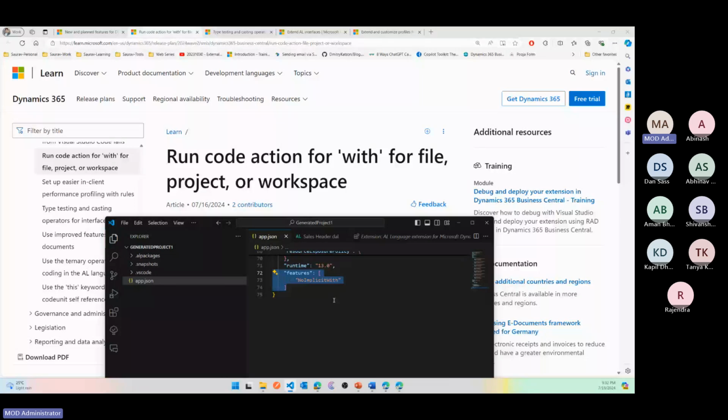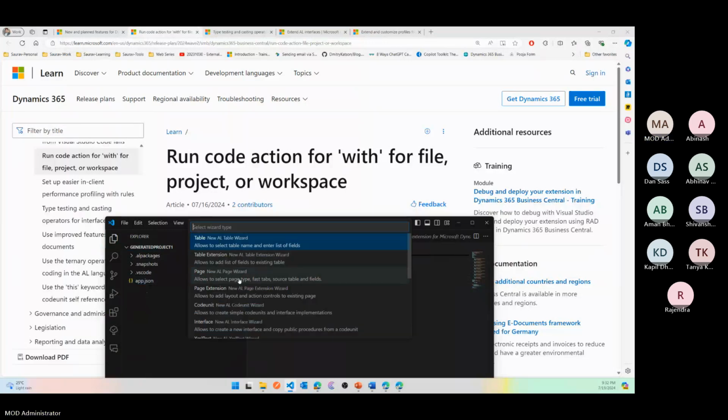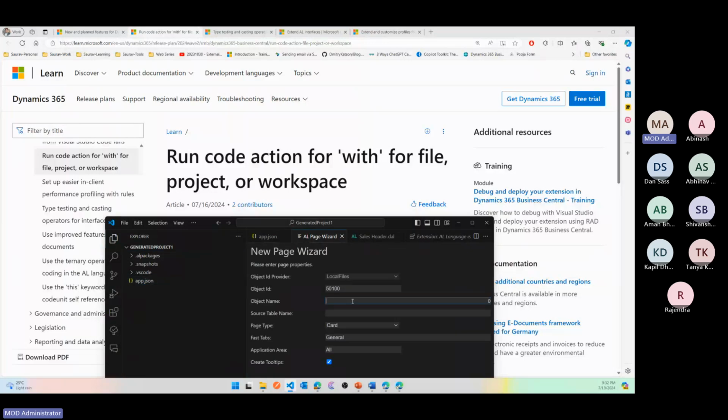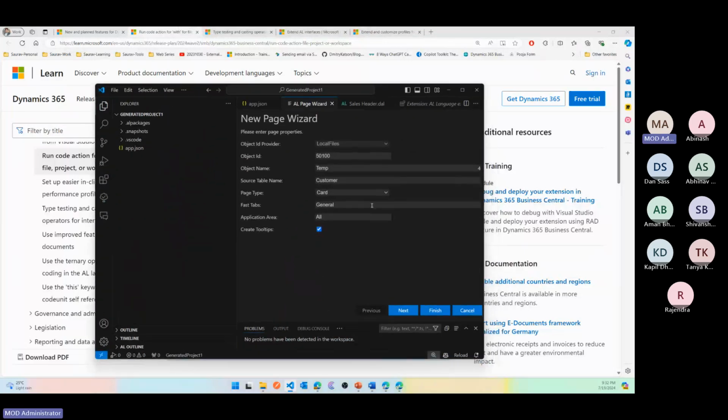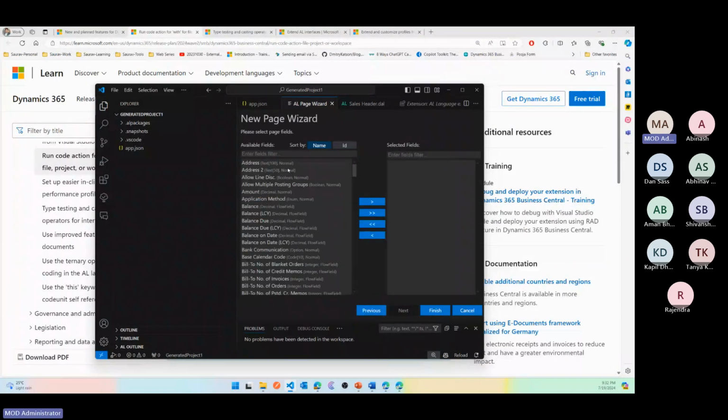So when you're creating a page, on every field that you're adding, you will have to prepend the "Rec." to it, which is a "with" statement being used. So if I'm creating a page, let's create a page easily, with the wizard, temp, let's say on the customer table, and let's keep it simple with a list, and let me add some random fields here and there. Okay,